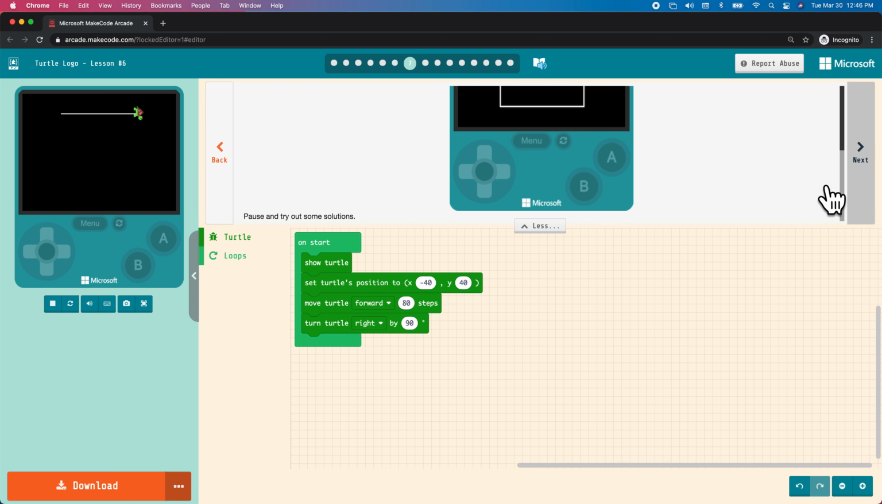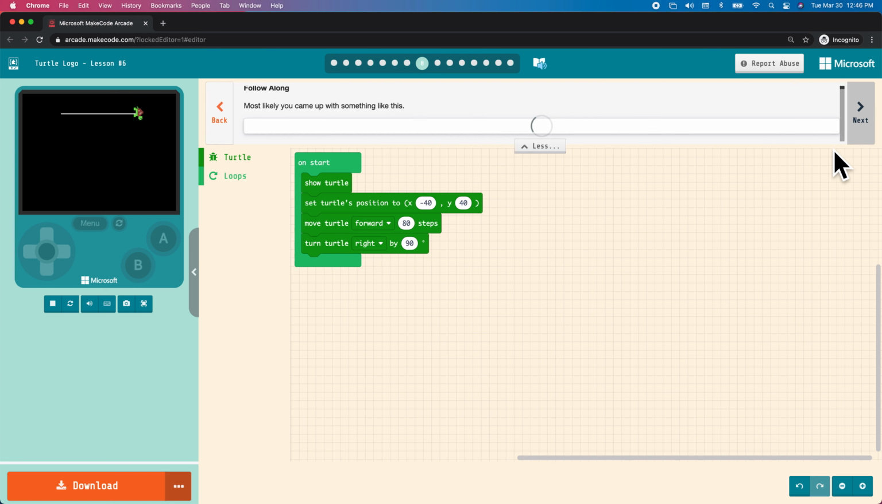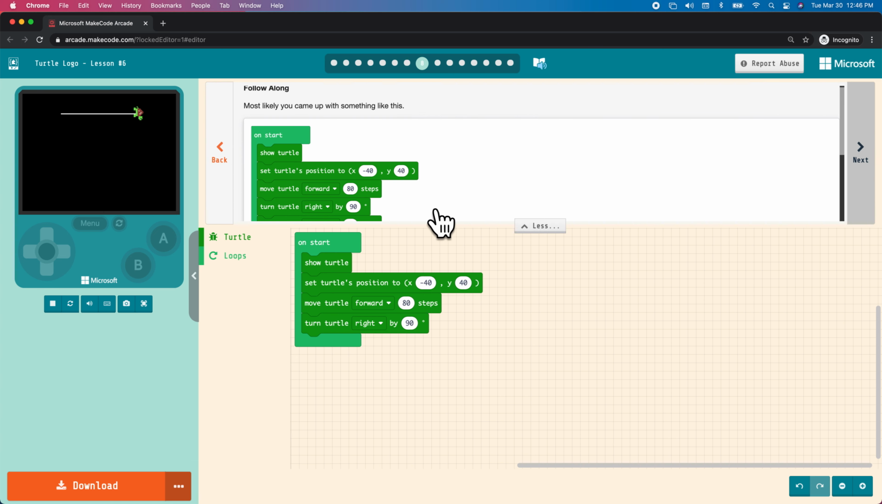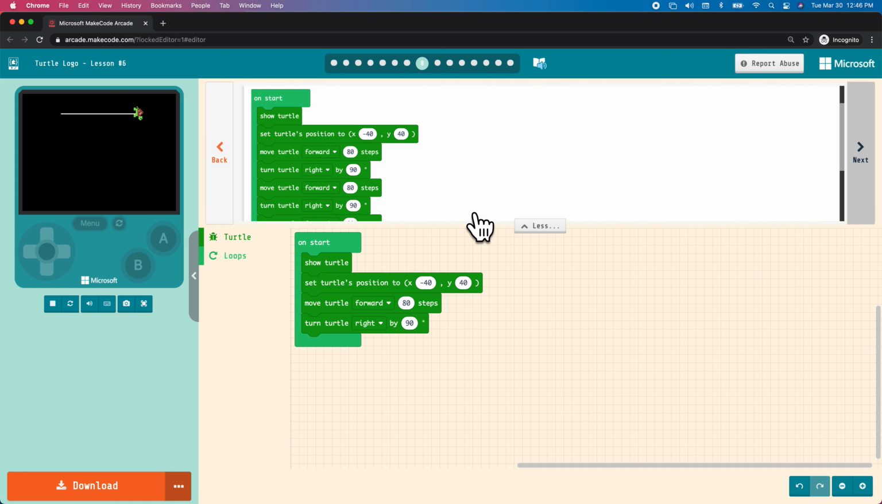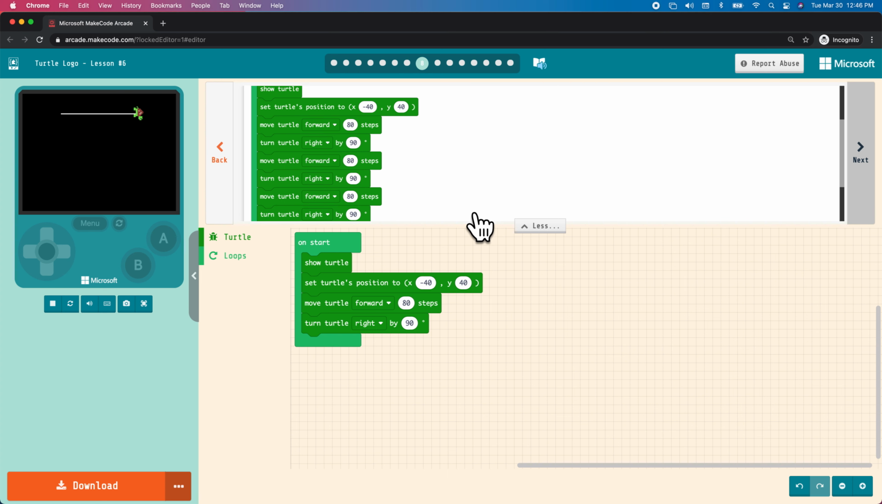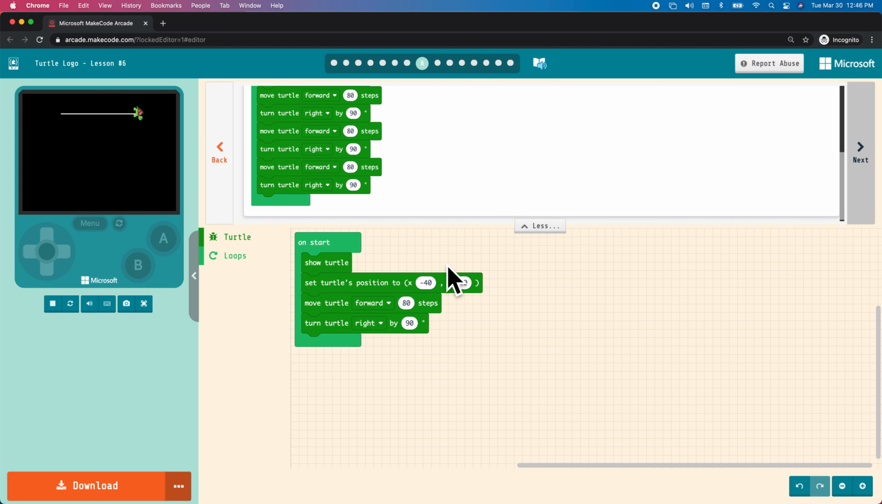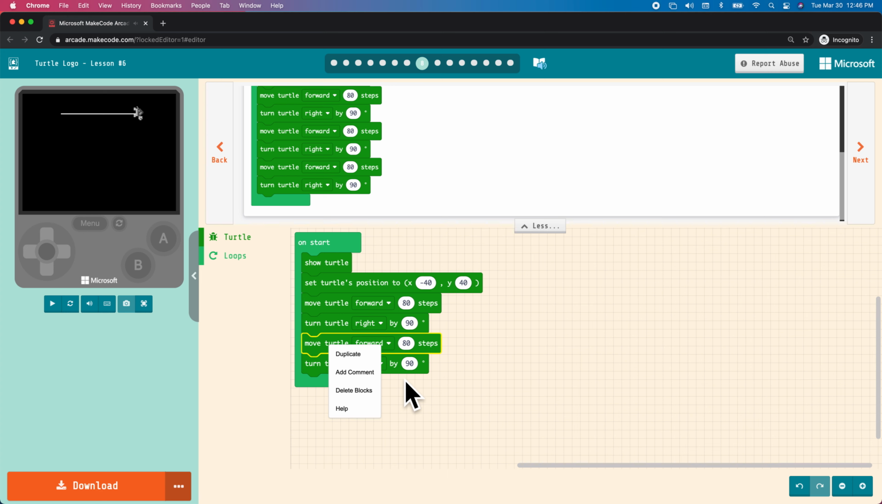Okay, so we're back. Most likely you came up with some kind of solution that looked like this. The turtle showed up, we moved it to the right location, we had our first two blocks, and then what you probably did is you repeated those: move forward, turn right, move forward, turn right, move forward, turn right. So I'm just going to, it's going to take a little while, I have to duplicate these 2 blocks 3 times more. And in the end, hopefully